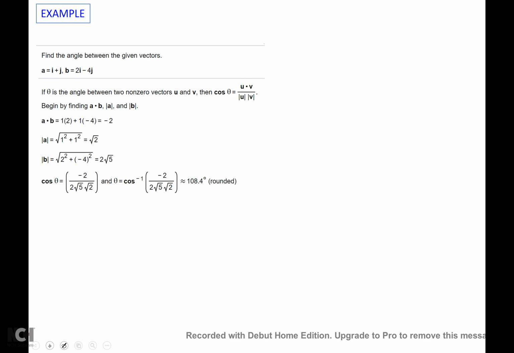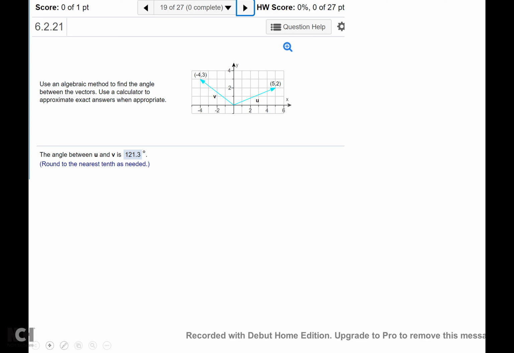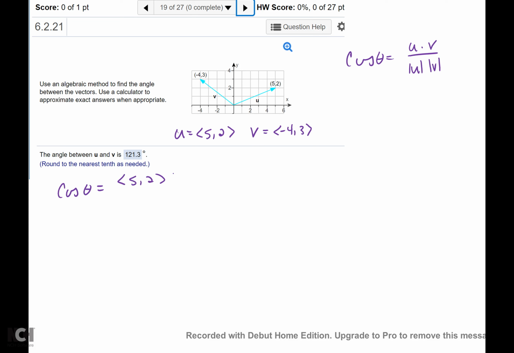Okay, example number 19. Use an algebraic method to find the angle between the vectors. Use a calculator to approximate exact answers when appropriate. Alright, so we have u is 5, 2 and v is negative 4, 3. And cosine theta equals u times v over the magnitude of u times the magnitude of v. So I set it up and I have cosine theta equals u times v